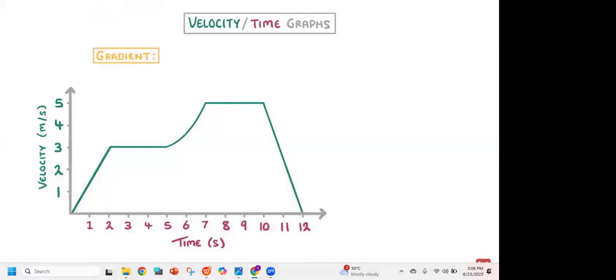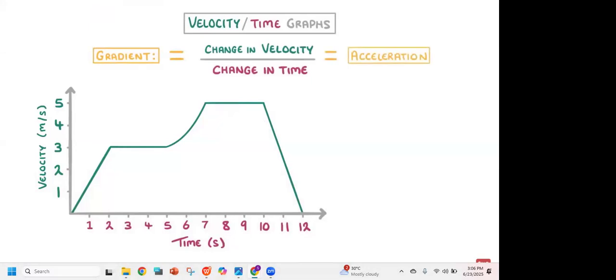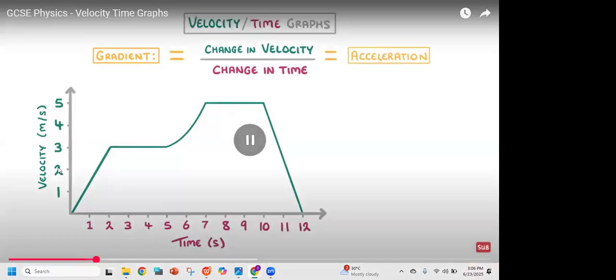If we want to find the gradient of the curve at any point, we have to do the change in velocity over the change in time, which you might notice is the formula for acceleration. So on a velocity time graph, the gradient tells